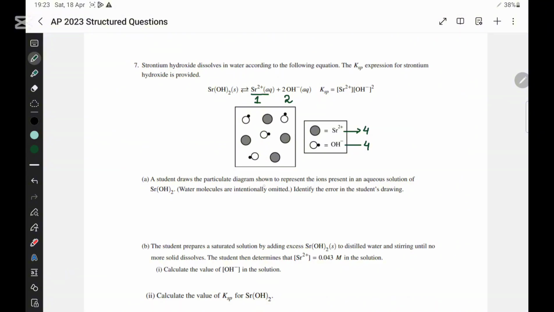A student draws the particulate diagram, and they are saying identify the error in the student's drawing. As you can see, according to the equation, there is 1:2, but in the diagram they are showing 4:4, like 1:1. So the student's drawing shows an incorrect ratio